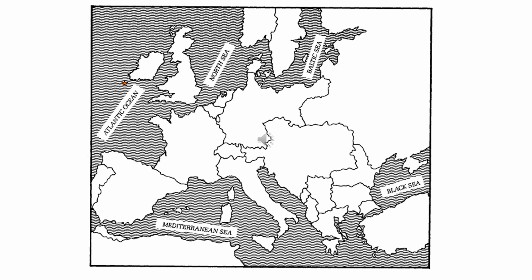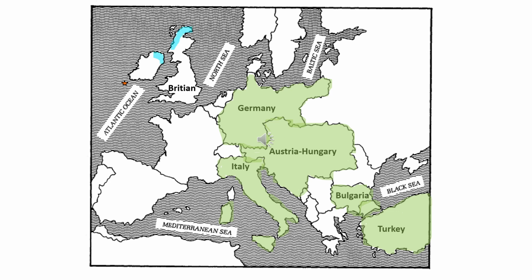So we'll label Germany and Austria-Hungary, Bulgaria, Italy, Turkey, and these countries, as you see at the top of the map, are the Triple Alliance power, or the Central Powers. Next, we'll fill in and label Britain and France,